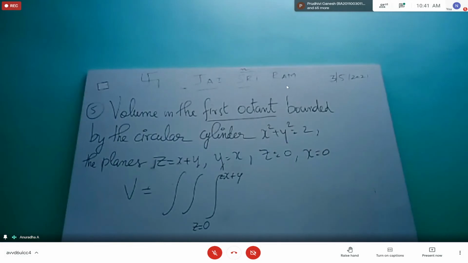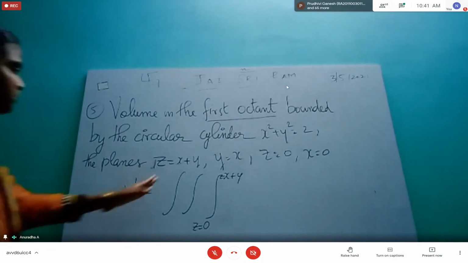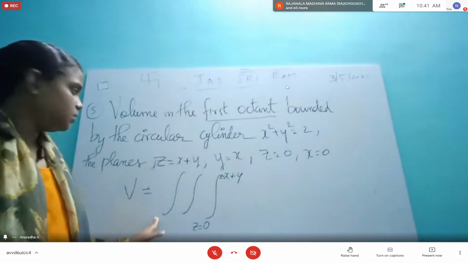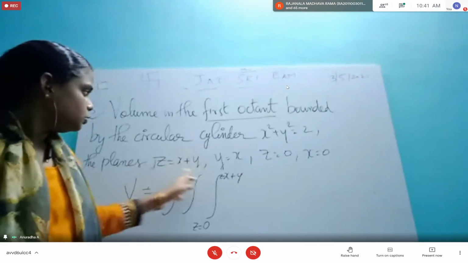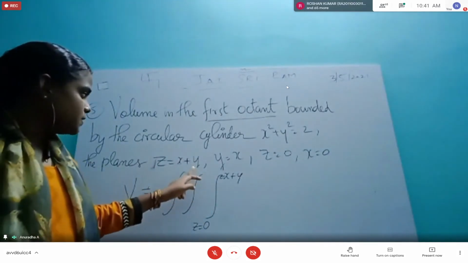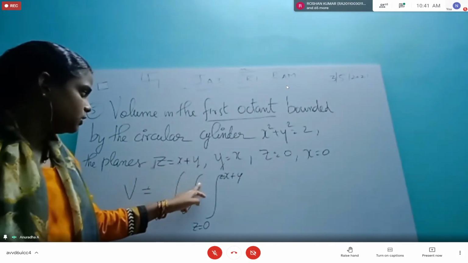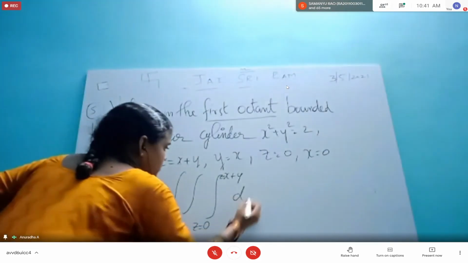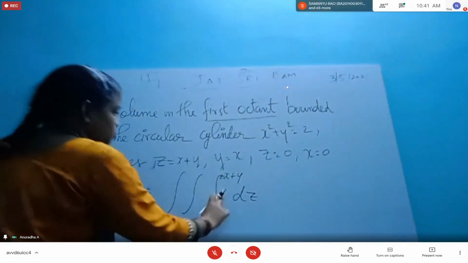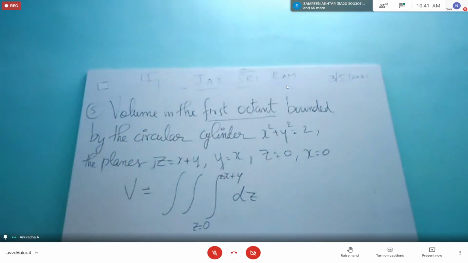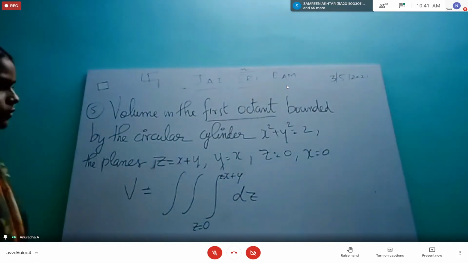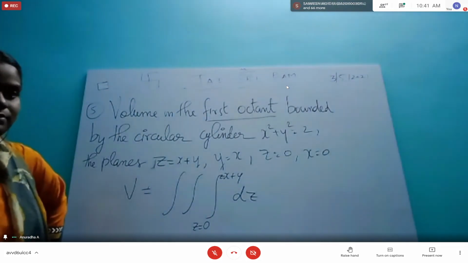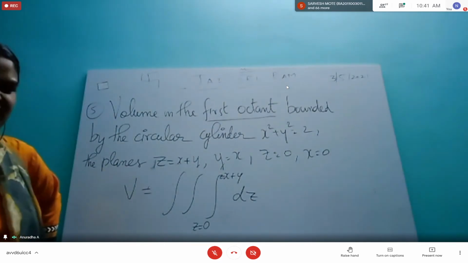These are all definite volumes. We should have a number as the answer. So z must not come outermost, because it has two parameters involved. So obviously for x and y you have to leave two integrations. You have to write dz in the innermost only. Again, it's volume, so there is no function, it is a unit function. Next, what to write? Whether x or whether y. Any logic, anyone?